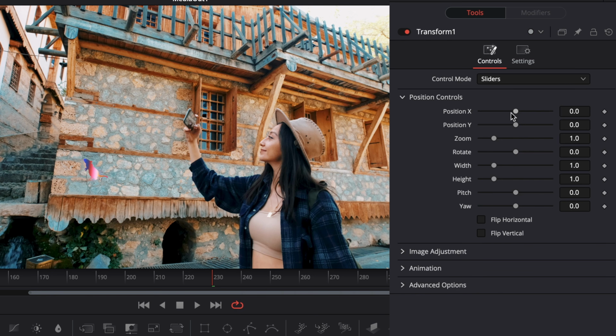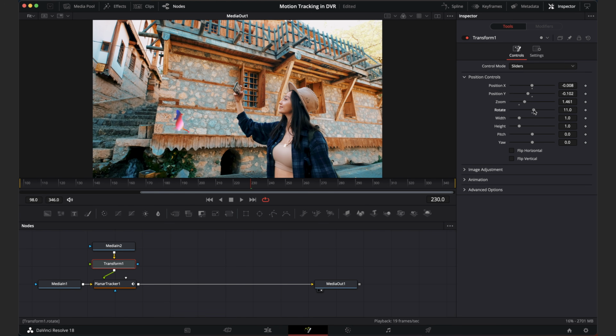So now we can change the left and right position. We can change the zoom. And you can see there when I go up, it's going to be outside the bounding boxes that we've created. So we need to make sure it sits within those bounding boxes. We can change things like the rotation, the width, the height, things like that. So go through and you can play with what you want.